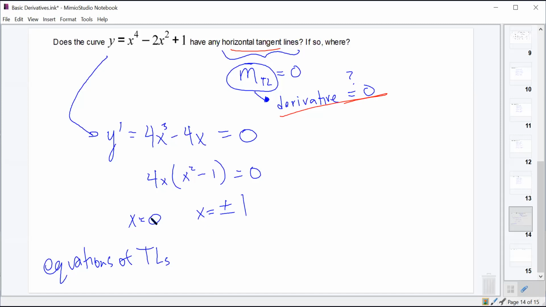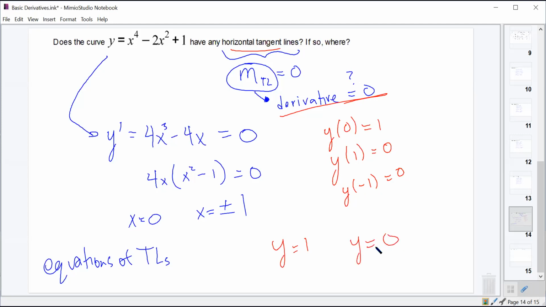So what's the y value when x is 0? 1. What about when x is 1? 0. Okay, and what about when x is negative 1? 0. So we should have 2 different lines, y equals 1 and y equals 0. So let's take a look on Desmos